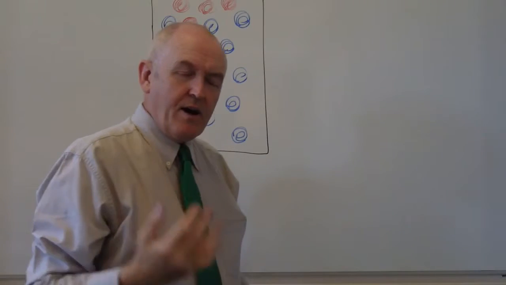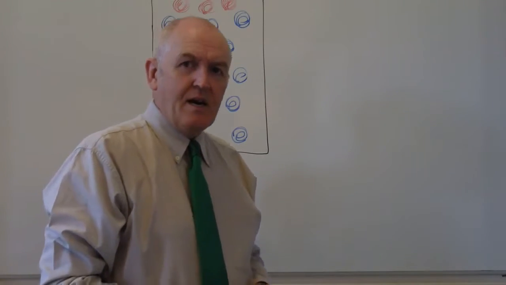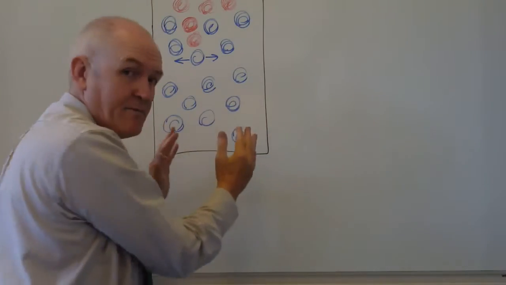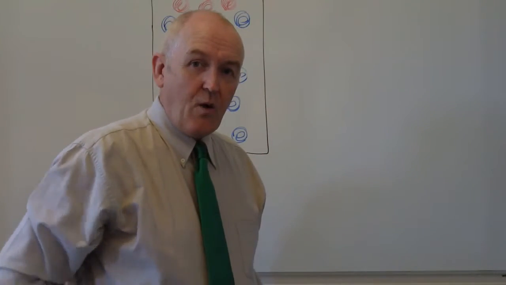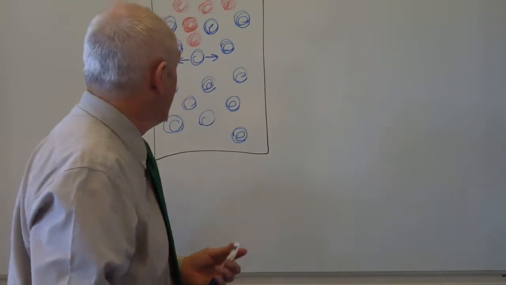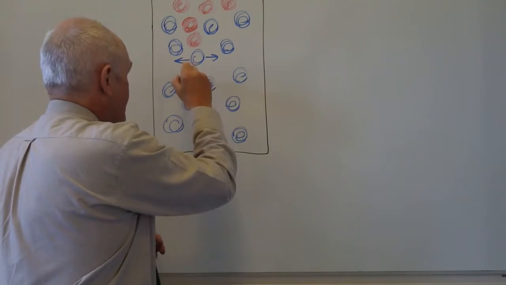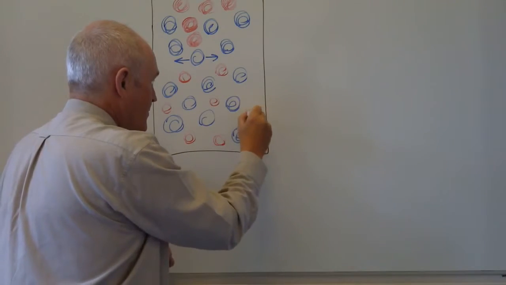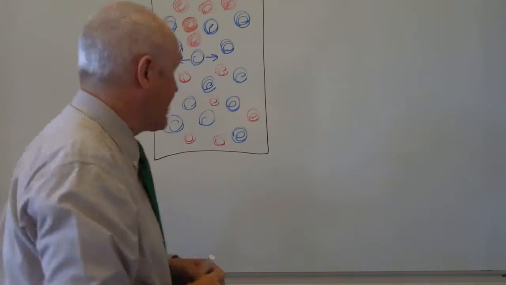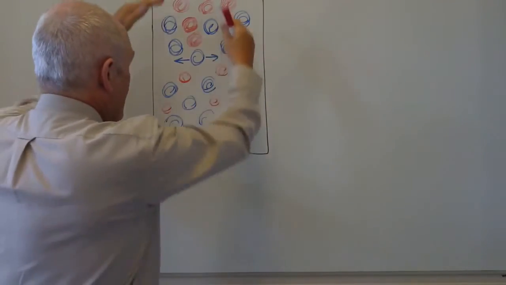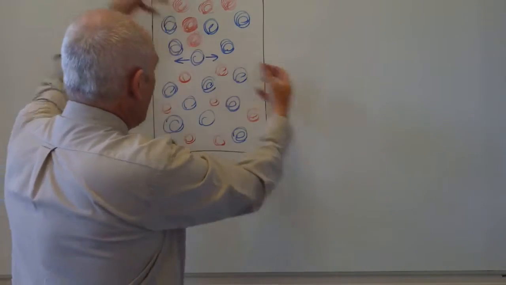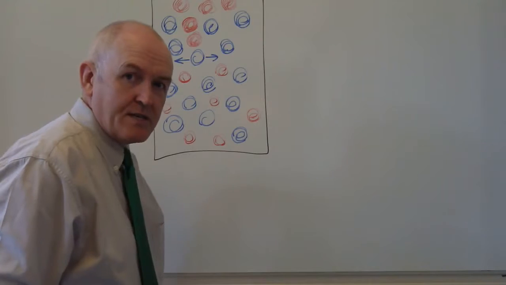And because these vibrations and these collisions are going to be random, eventually there's going to be random distribution of the ink molecules through the medium of the water. And that will go on, because there are so many billions of collisions, until the concentration of the ink molecules becomes equal throughout the solution. So instead of having a clear water bit and a red inky bit, we'll end up with a pinkish bit all over, because the ink molecules will diffuse throughout the available medium.